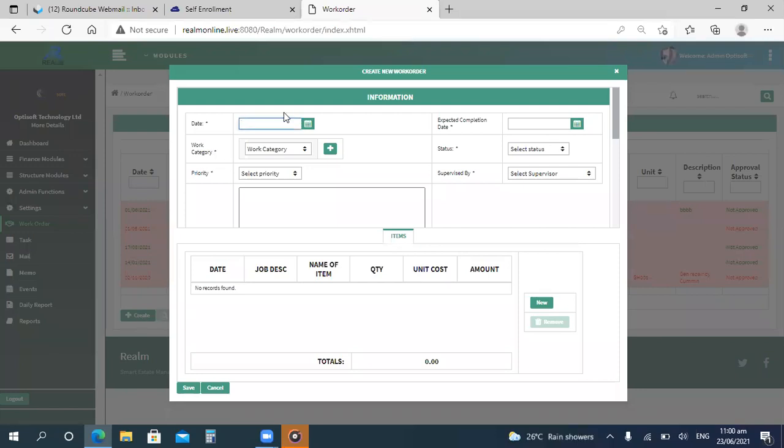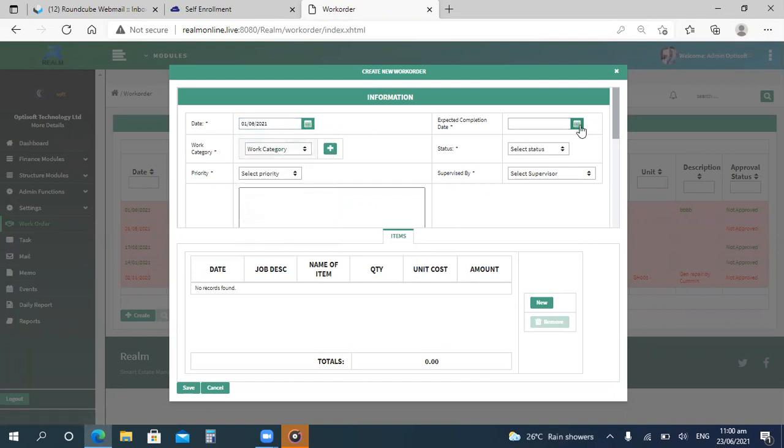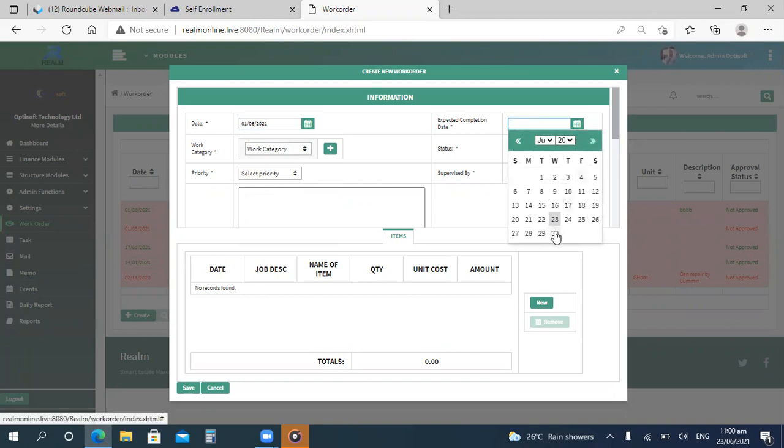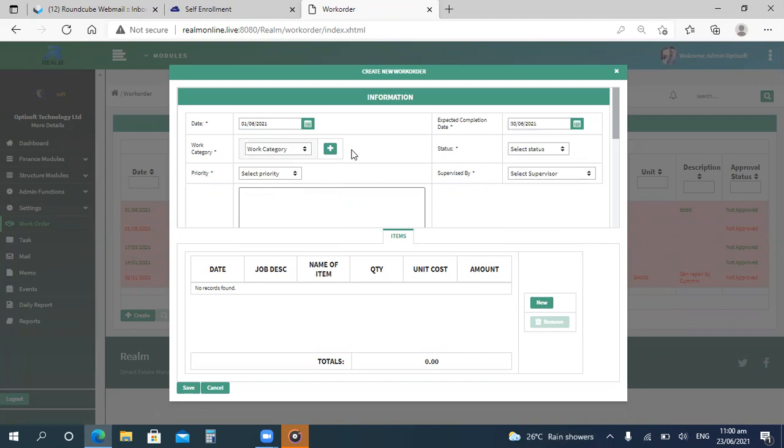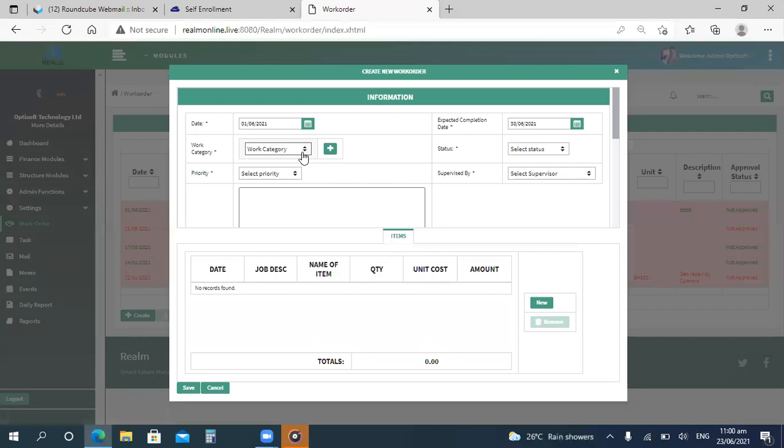If you're creating a work order, you choose a date, the date you're creating the work order. You choose the expected end date of this work order, which is 30th of this month. You can add a new work order or select from the routine work order that you had on the application. You can actually add a new work order from here, and we'll select a new work order, which is AC